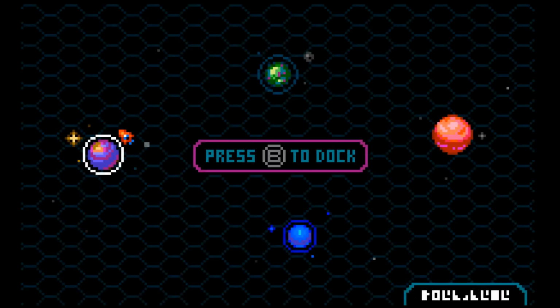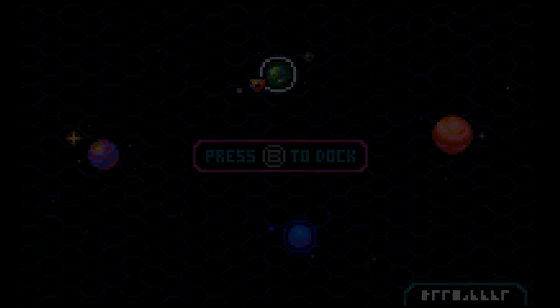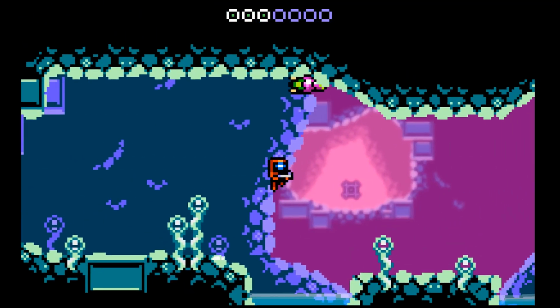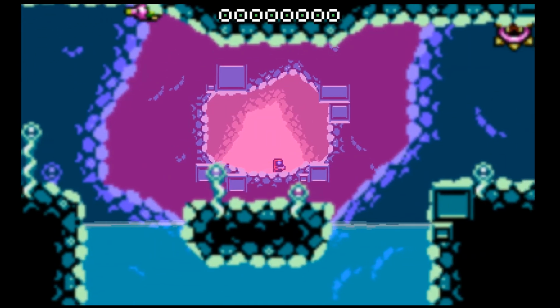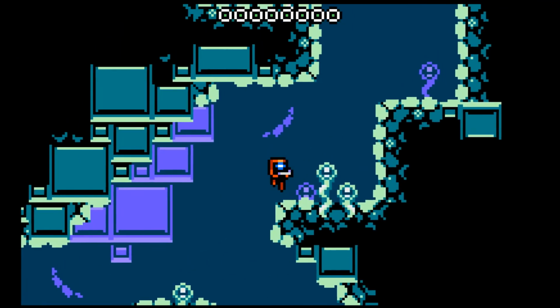We're now going to head back to World 1. I just need to check my notes. Okay. So as you remember, on the first time through we saw this, and now we can actually pick it up and we get even more health. I'm going to head back up to where we fought the first boss